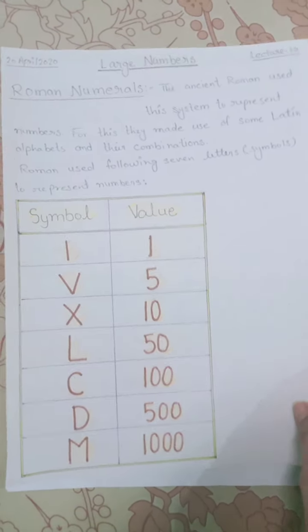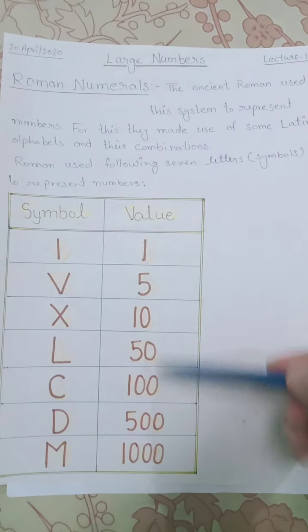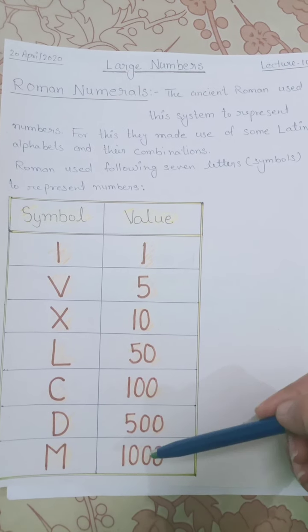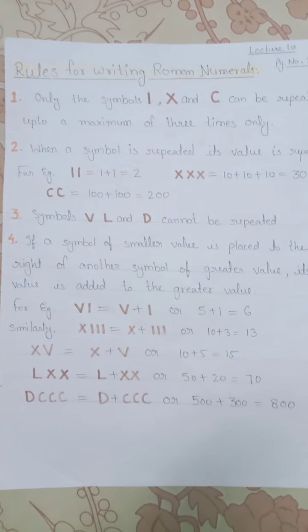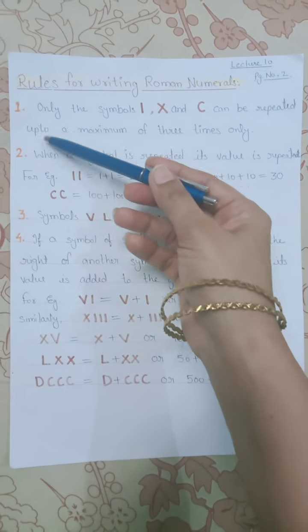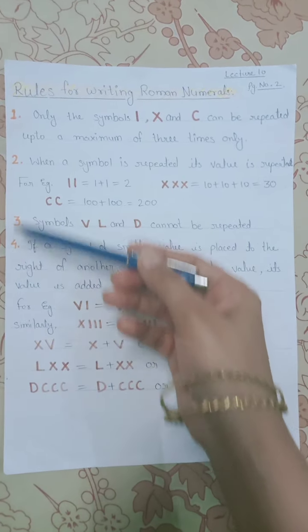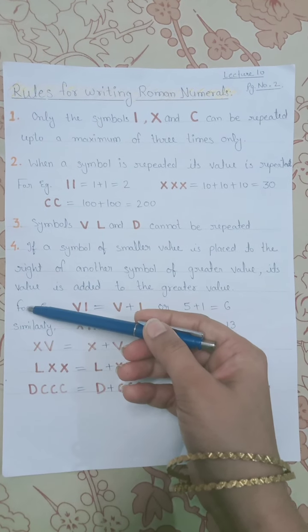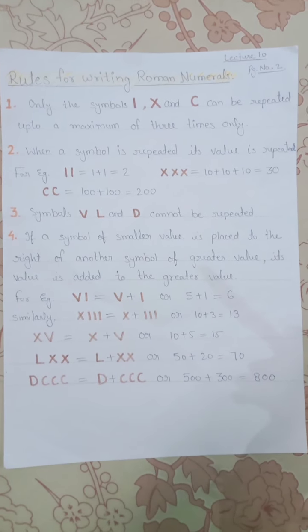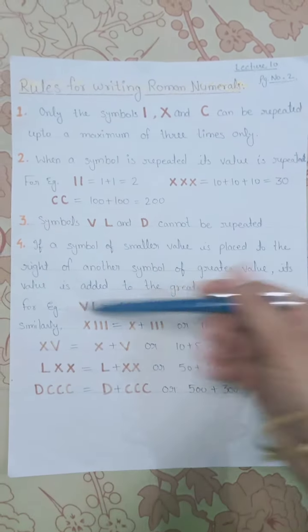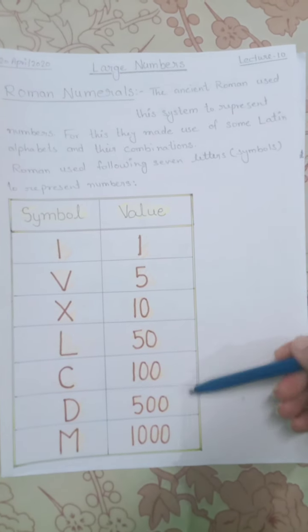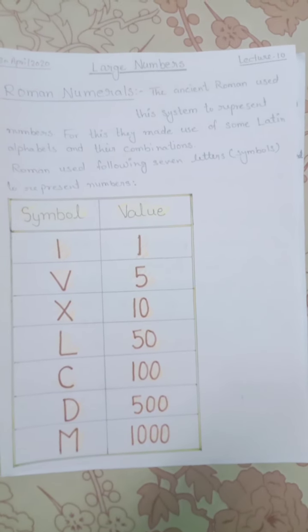Look here. These symbols you have to learn for today's homework. Okay. And you have to learn these. We discussed only 4 rules today. Okay. Tomorrow I will explain the other rules. First you have to learn all these 4 rules and these symbols. Okay, and do the practice at home.